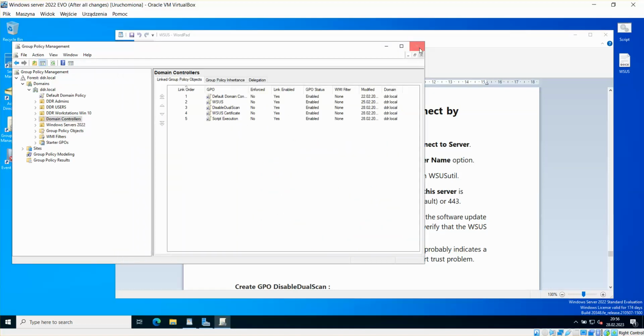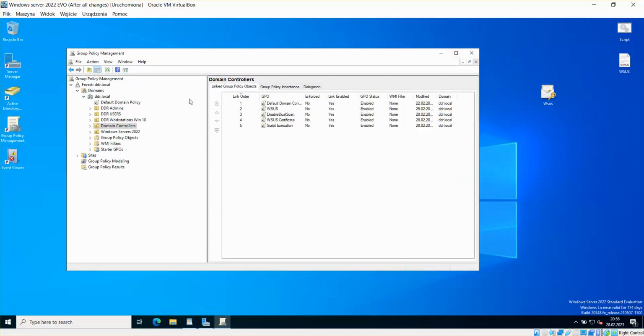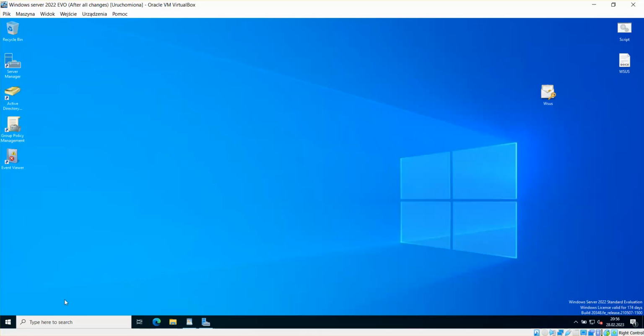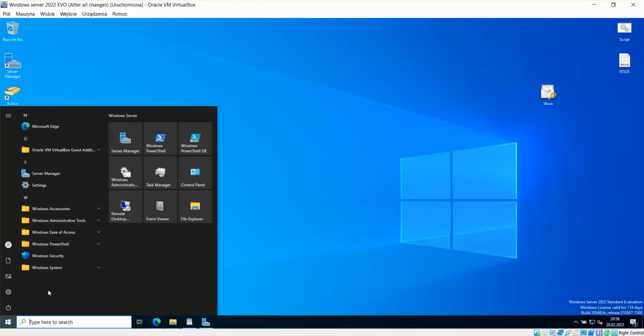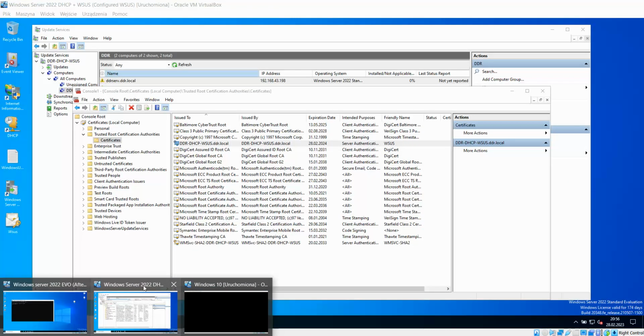Okay, so first of all, after all of this, because there's a lot of GPOs here that have been done, we need to do GP update force,